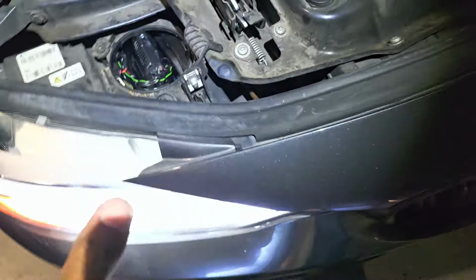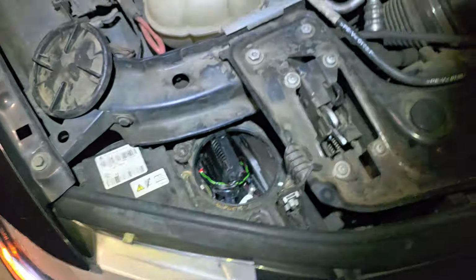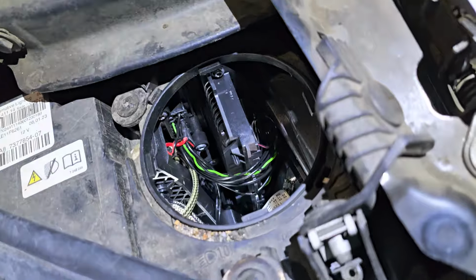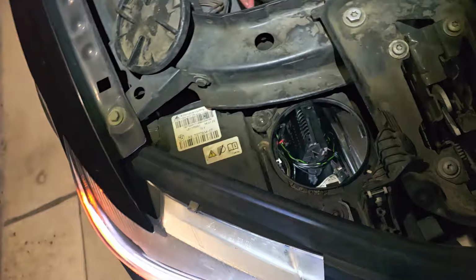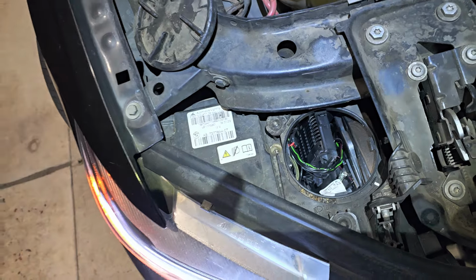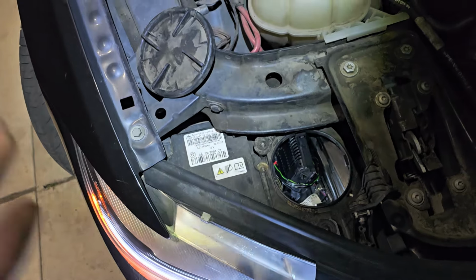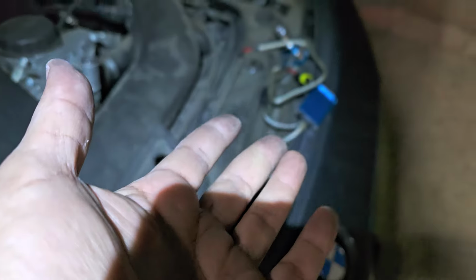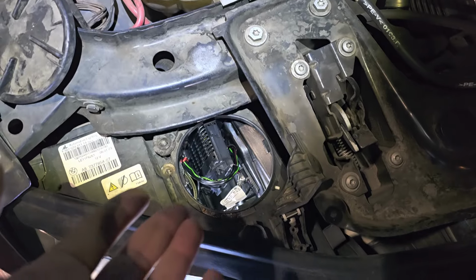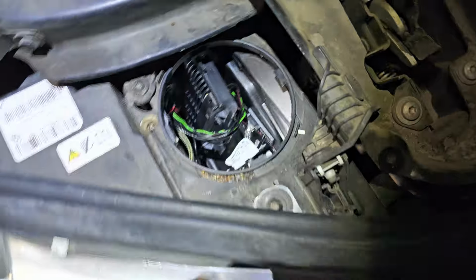And I'm not ripping all of this shit off and pulling the headlight bulb just so I can access the ballast and do all that crap. So what I ended up doing is, because I've been looking all over the internet, well, I shouldn't say all over the internet, but I was having a hard time finding somebody that wired this style LED bulb into an F32. So what I ended up doing was, here's